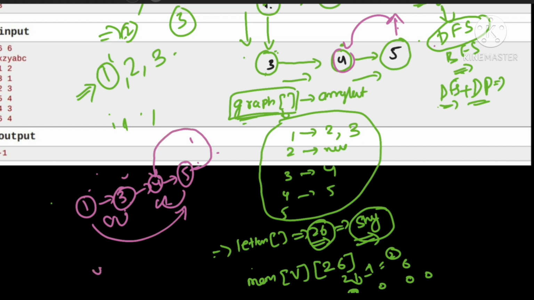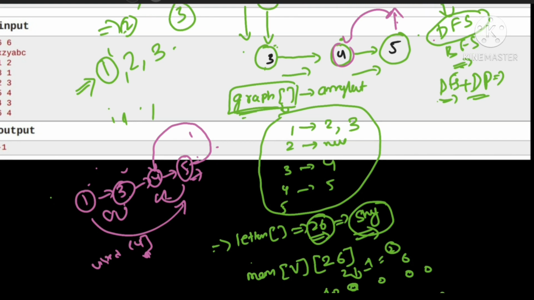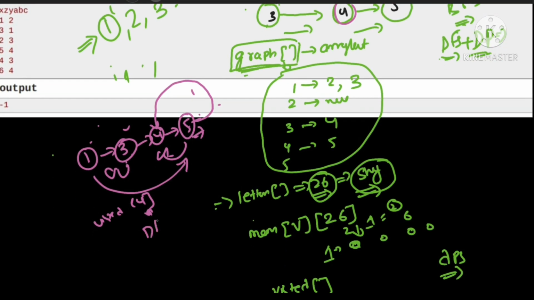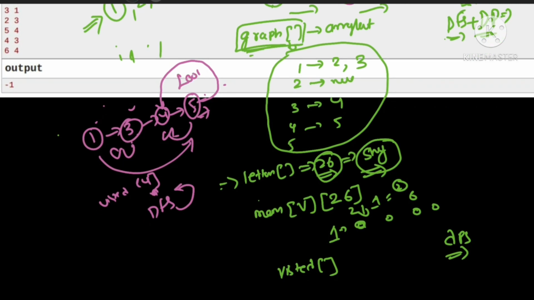So we already had this visited array. In that we have already noted that 4 is already visited. And if I explore 5, I am again coming to that 4. So that suggests that DFS contains a back edge. That means we have a loop. As we discussed earlier, what will be the answer if there is a loop? That will be -1. So we just directly write -1 and then exit from the code.